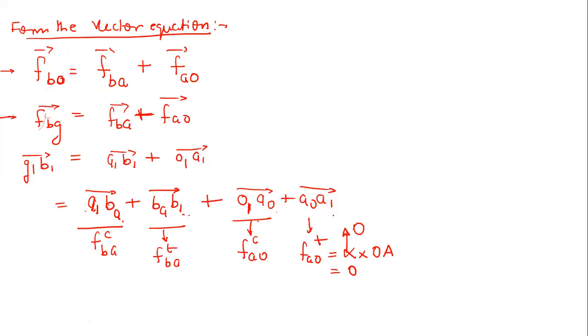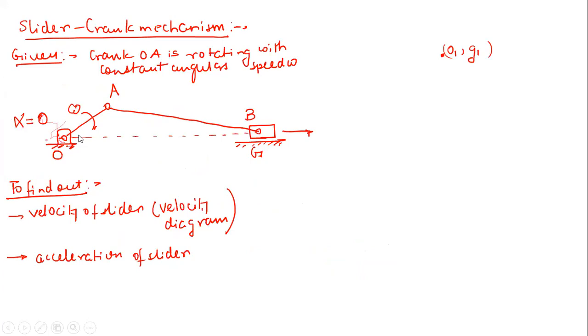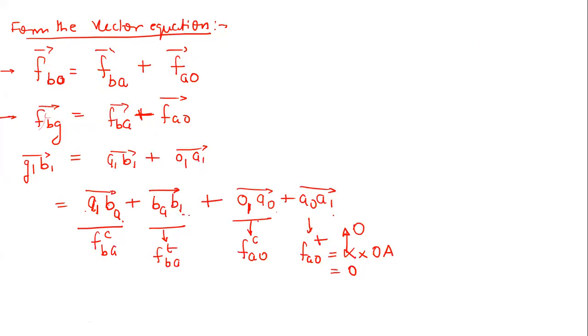Vector O1A1, centripetal. Very good. So this is very easy, you have to first consider this vector, O1 A1. Why? Because for this the angular speed is given. So now this is very easy. If you are getting confused, just draw a table with vector, magnitude and direction. How many vectors are involved here? This one is going to be 0, so it disappears. So 1, 2, 3, and this 4. Total 4 vectors are involved here.